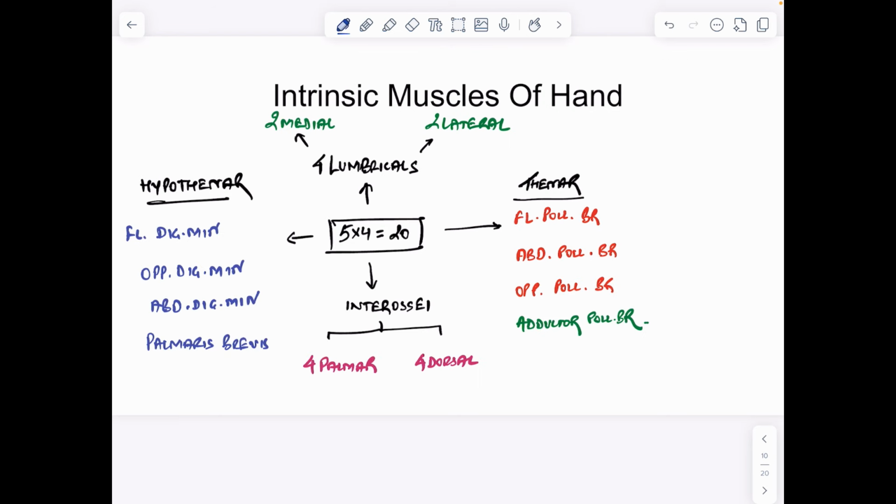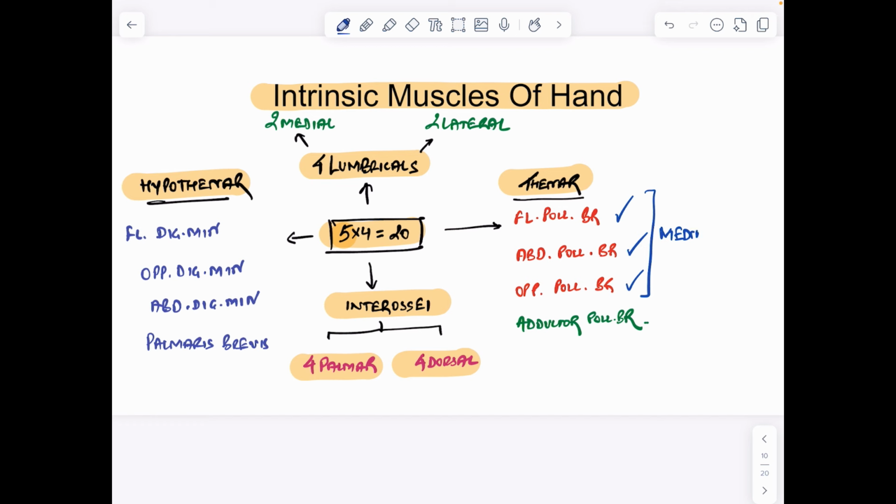You see, in order to understand the ulnar nerve, it is essential for you to understand the intrinsic muscles of the hand. All of us are aware that there are in total 20 intrinsic muscles, which are arranged in 5 groups. What are those 5 groups? The thenar, two interossei, hypothenar, and the lumbricals. So if we look at the thenar muscles, the muscles are flexor pollicis brevis, abductor pollicis brevis, and opponens pollicis brevis. All of them are supplied by the median nerve, but the adductor pollicis is supplied by the